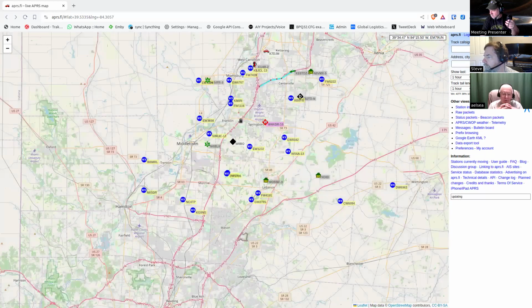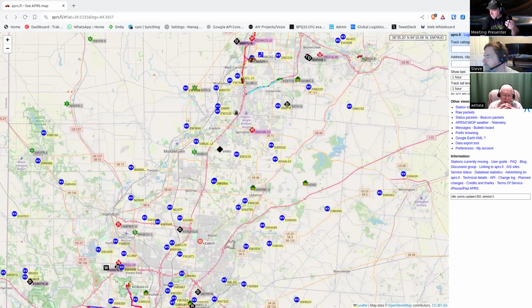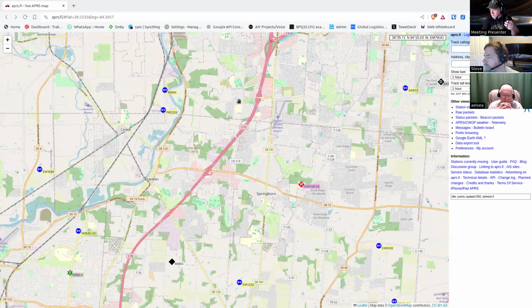Now, do those things have replaceable batteries in them, or do you throw it out when the battery goes bad? So the company that sold this one, they do sell a replaceable battery for it, but they don't make this radio anymore.